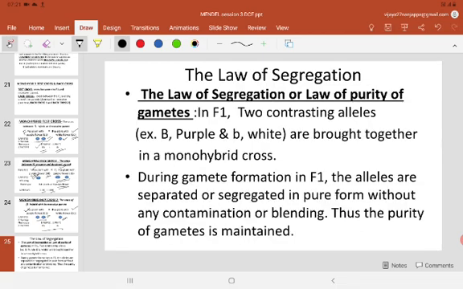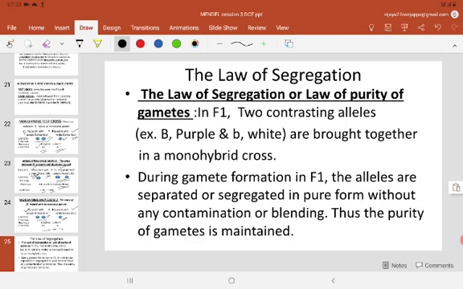Law of segregation. In F1, two contrasting alleles, that is in the previous example, capital B for purple and small b for white, are brought together in a monohybrid cross. But during gamete formation in F1, the alleles are separated or segregated in pure form without any contamination or blending. Thus, the purity of gametes is maintained. That is, when the parents undergo hybridization, the capital B and small b will come together and stay for one generation in F1 plant. In spite of staying together for one complete generation in F1 plants, they do not undergo any contamination or blending